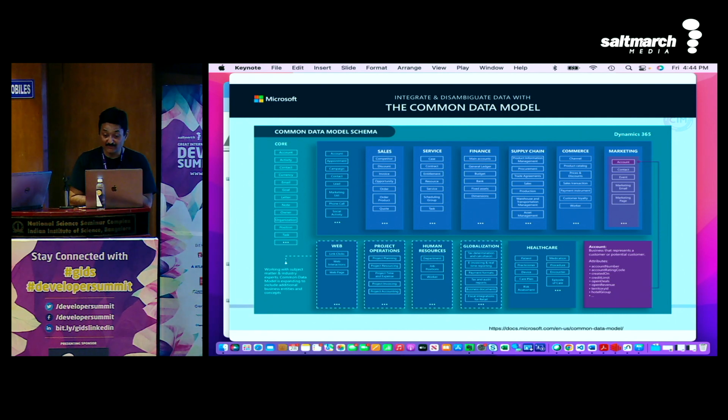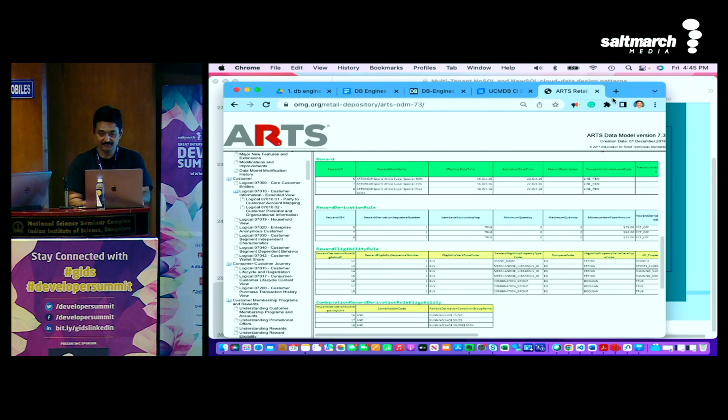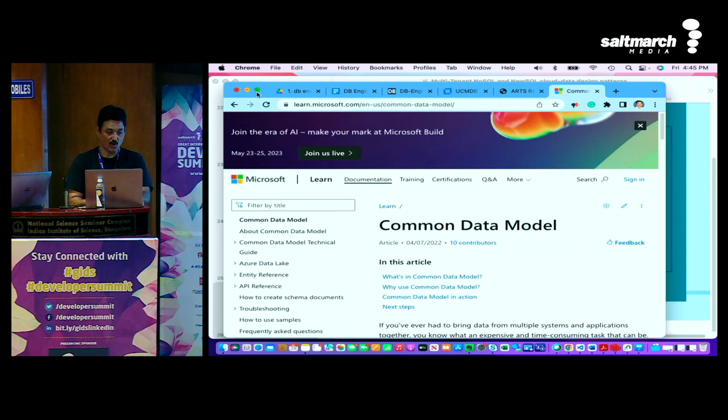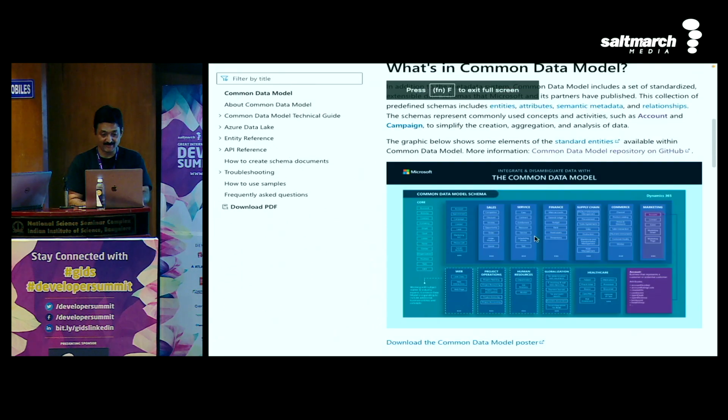Why am I talking about Microsoft here? Because they are also giving a similar kind of model for us. Let me explain. What Microsoft is giving is also called the Common Data Model. The Common Data Model Microsoft is providing covers all the domains. So you may say, hey, what are the standard entities and standard domains which are there? These are all the standard entities and domains they have got. Let me show you that.